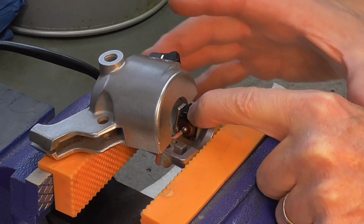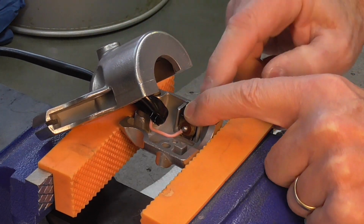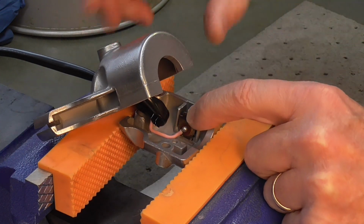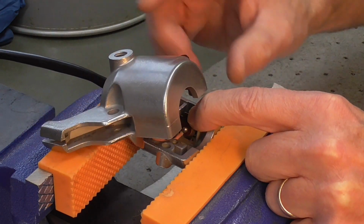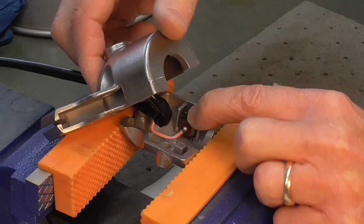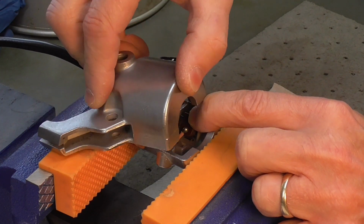I've reoriented the vise about 90 degrees and brought in a second camera that I'm shooting from the side with right here, in an attempt to give you a little bit more visibility of what I'm doing. You might note that I'm holding my finger down on the contact plate coming from the pink wire so that doesn't pop out on me. I've rotated rather a bit the top clamshell half so that the thumb switch for the high-low beam indicator faces the push button for the horn. The loom coming in from the harness right here will fit into that half moon shaped casting right there. So I'm going to rotate this around,